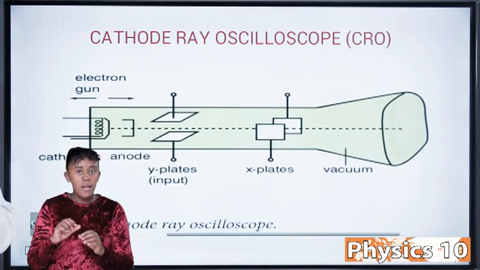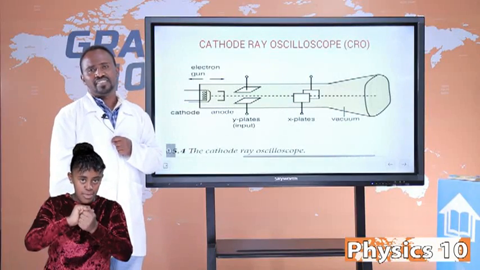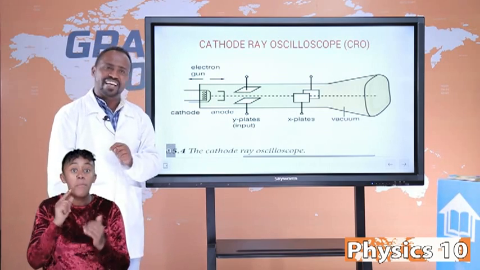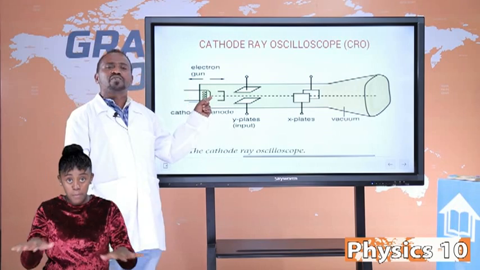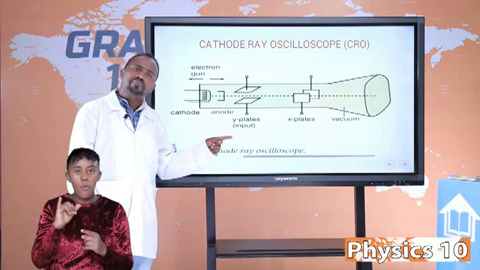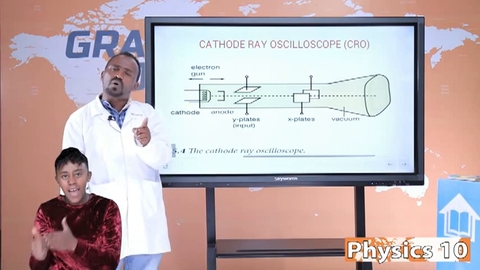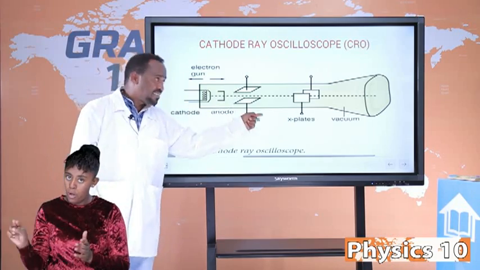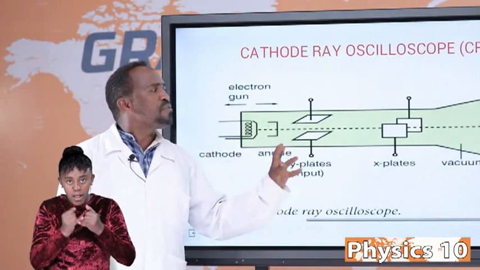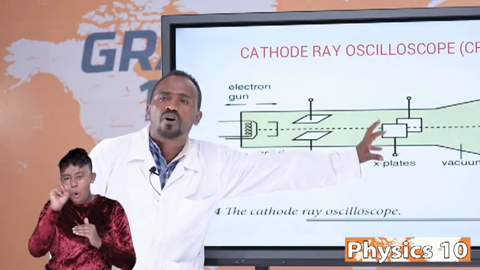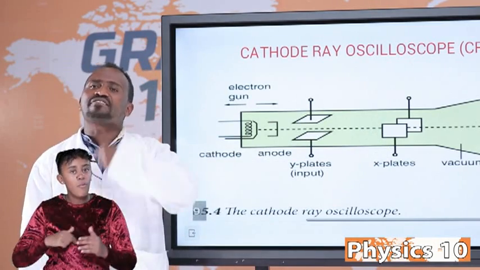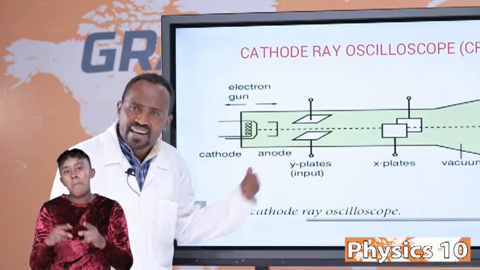The Y plate deflects the electron horizontally, not vertically. Don't take it as mathematics. Y is along the vertical, but in this case, while the electron is emitted from the cathode surface and attracted by the anode, the anode guides this electron to the Y plate. The Y plate guides the electron along the horizontal, but the X plate guides the electron vertically. Finally, the beam of electrons, or the spot, is formed on the fluorescent screen. Students, on television, what we have seen as a picture is by this mechanism.